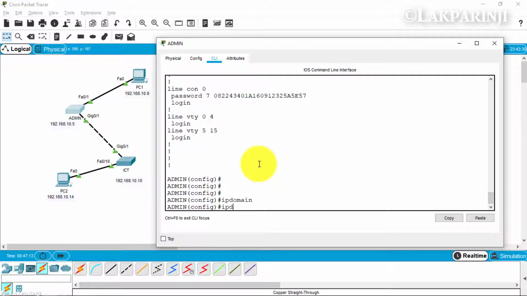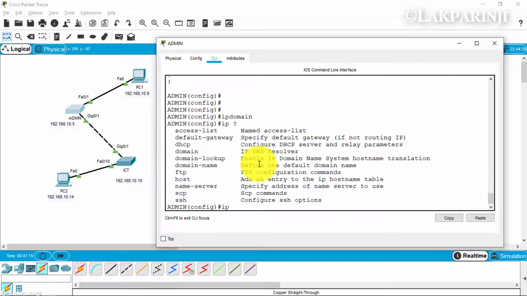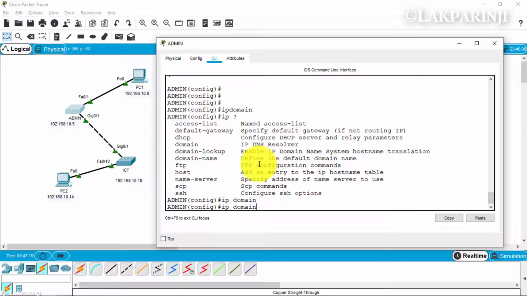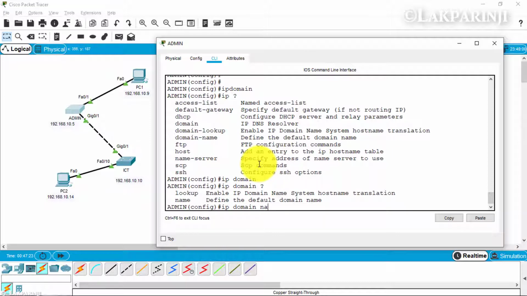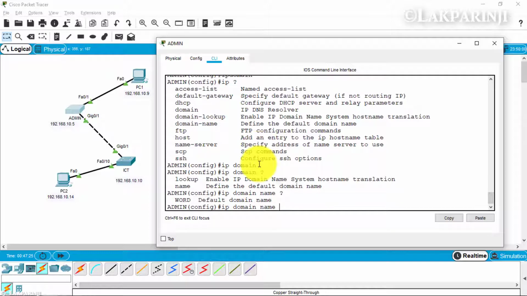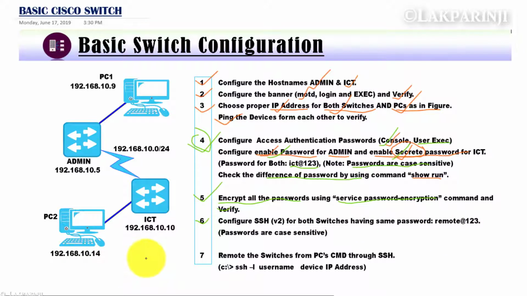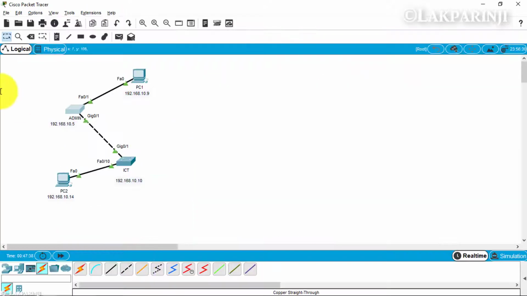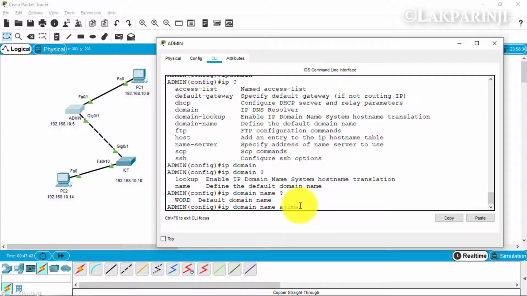First, we have defined the device hostname. Next, we have defined the domain name, that means IP domain name. After that, the local user is created by using username and passwords. After that, we have to generate the public private RSA keys for encryption. After that, we should define